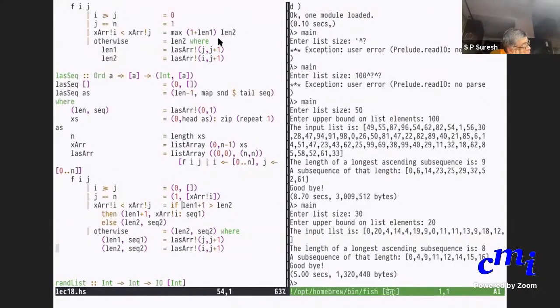So who asked the question of why is it doing this way? Yes. So now suppose, here it doesn't matter. I just want to find the maximum of 2, no? I might as well have said, instead of saying len1 plus 1 is greater than len2, I could have just said len1 plus 1 greater than or equal to len2. So it's a question of what happens when the two quantities are equal.